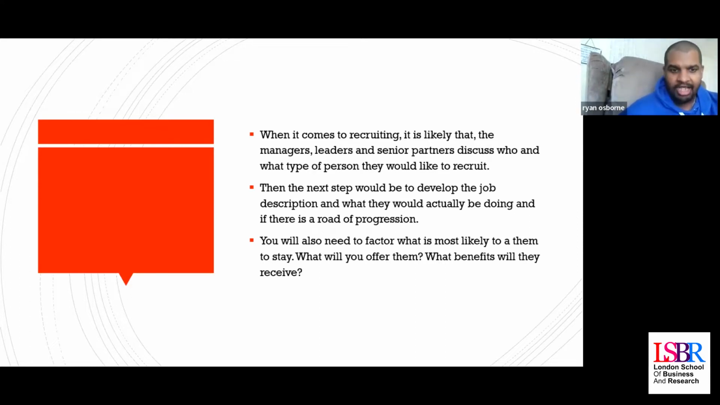And as we're on that process, when it comes to recruiting people, it's normally likely that certain managers, leaders, and also senior partners will come together even before they start recruiting or looking for certain types of people. They want to see what type of person they would like to recruit. So